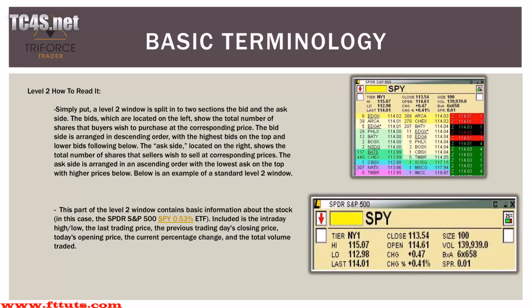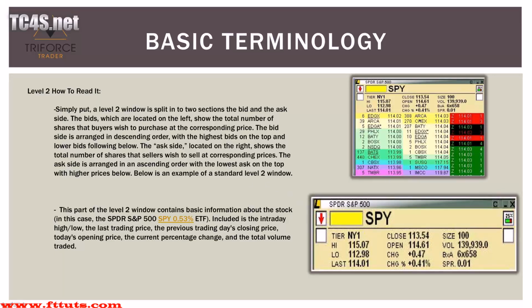All right. Simply put, a level 2 window is split into 2 sections, the bid and the ask. Okay. The bids, which are located on the left, show the total number of shares that buyers wish to purchase at a corresponding price. The bid side is arranged in descending order, with the highest bids on top and the lower bids following below. The ask side, located on the right, all right, shows the total number of shares that sellers wish to sell at a corresponding price. The ask side is arranged in ascending order, with the lowest ask on the top with higher prices below. Below is an example of a standard level 2